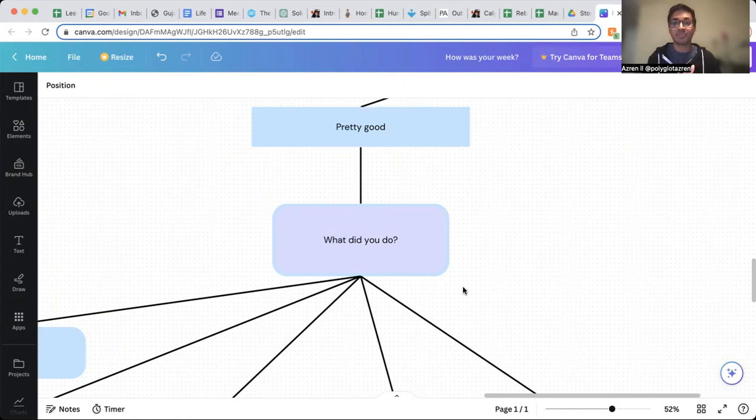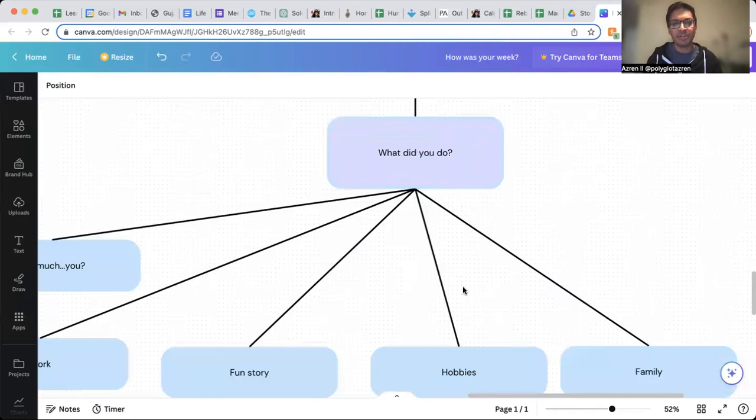That's your next question. Remember, when you are preparing these conversation maps, you want to be the one asking most of the questions. Not all the questions. It's okay to answer some yourself, and you're going to see that pop up in the map, but you want to be the one doing most of the question asking. So you might ask, well, what did you do?